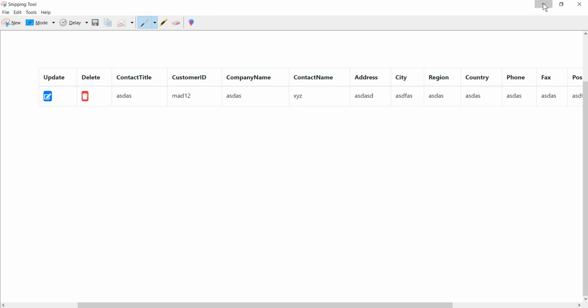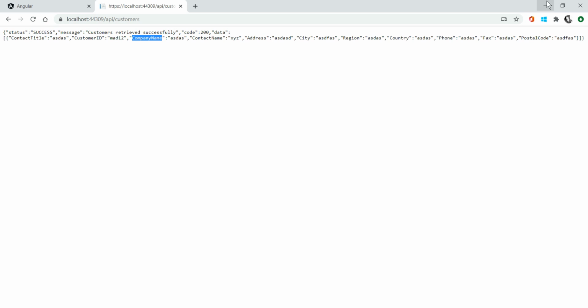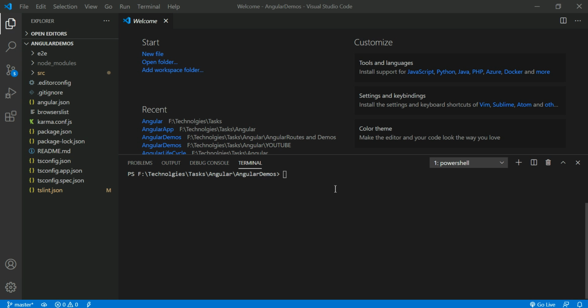First of all, when you are working with HTTP services in Angular, the first step is to import the HttpClientModule from the HTTP package.